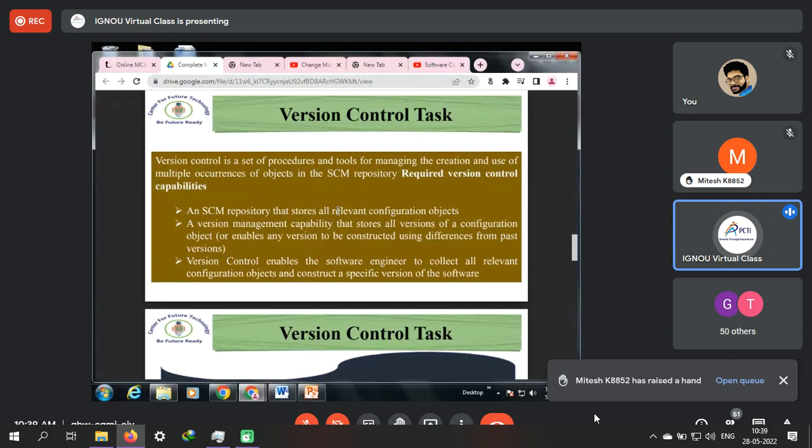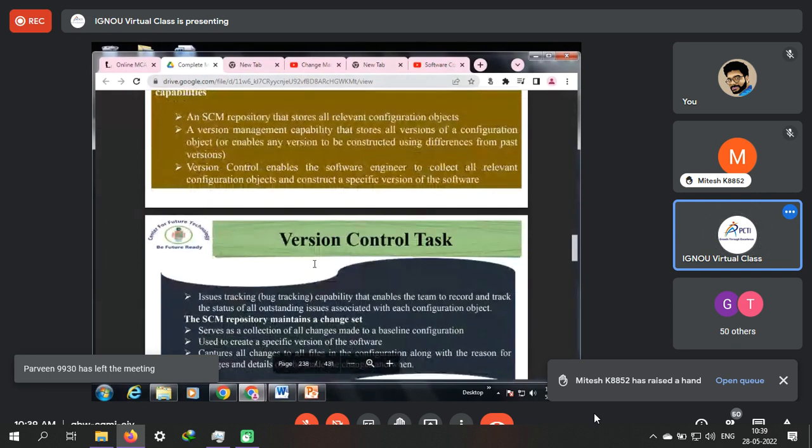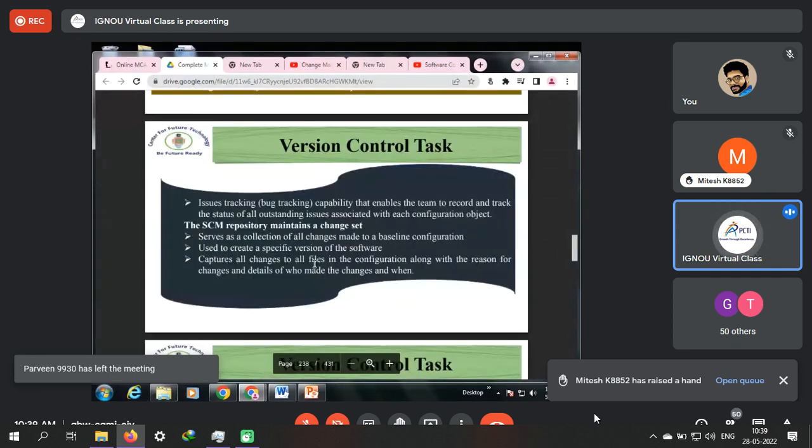In this, all the relevant configuration objects are kept, and a version management capability that stores all the versions of a configuration object is enabled also. Version control enables the software engineer to collect all the relevant configuration objects and construct a specific version of the software also. The version control task also provides tracking capability. It enables the team to record and track the status of the outstanding issues associated with each configuration object. And the SCM repository,